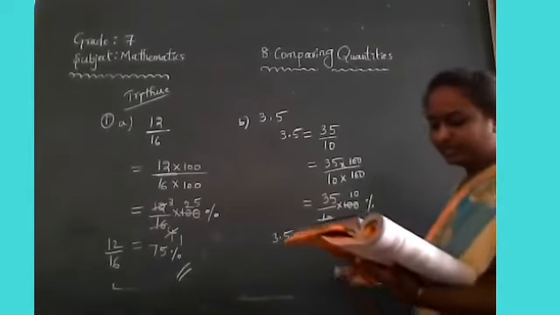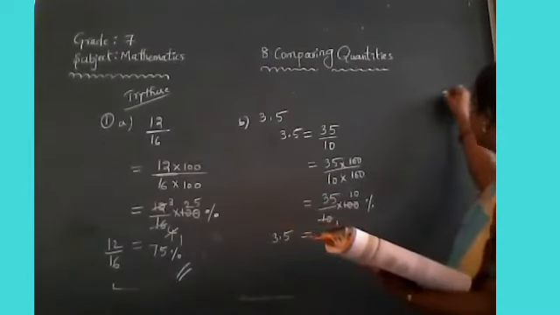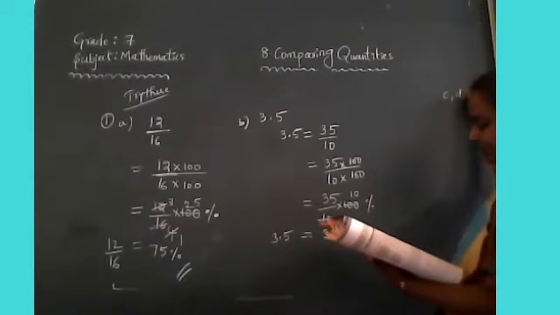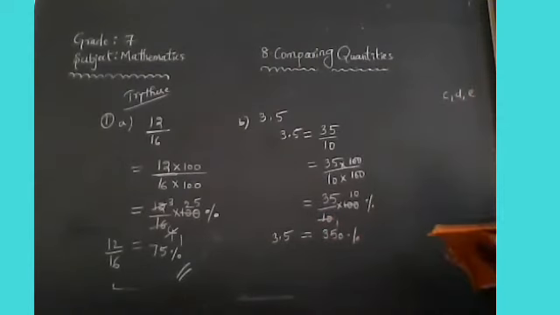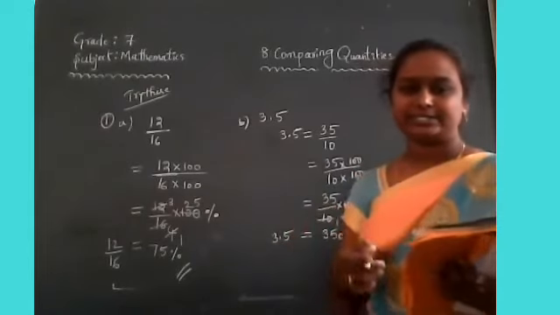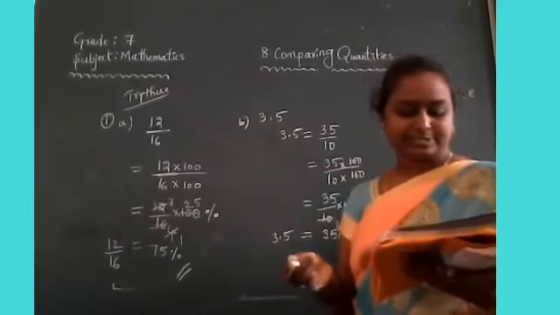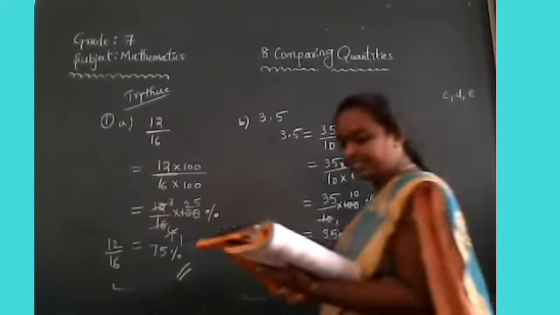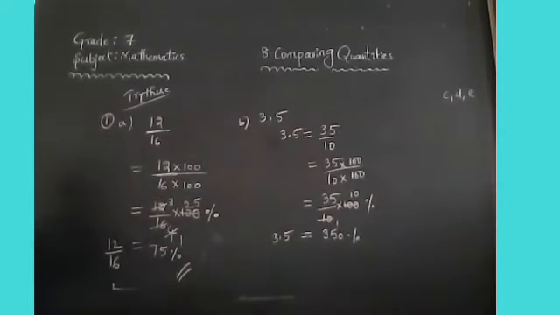Next, remaining all we have to do. That is C, D, E: 49 by 50, 2 by 2, 0.05. Here you have to convert fraction to percentage. Right. Next, second problem. See, out of 32 students,